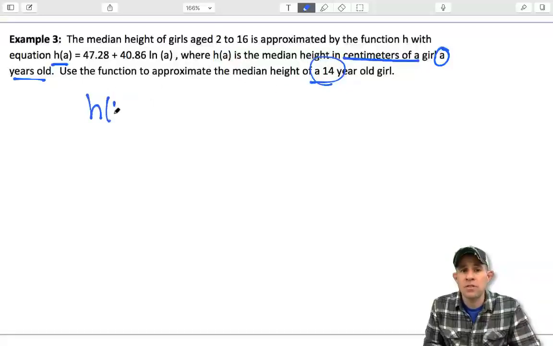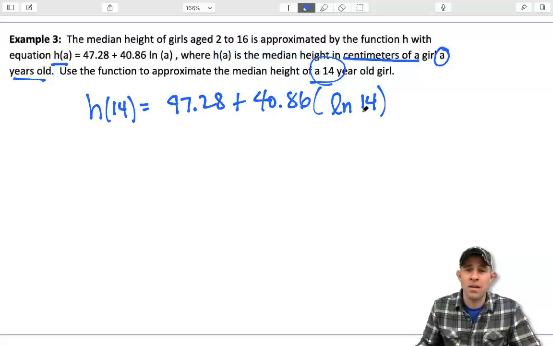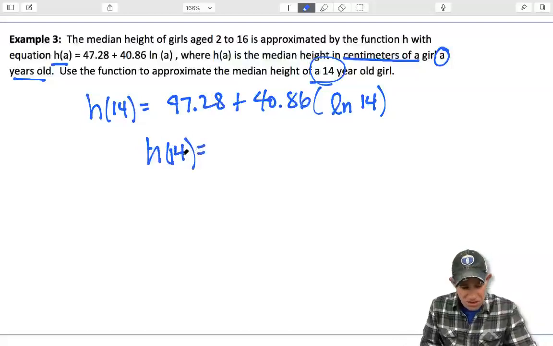So let's take h of 14, and this is equal to 47.28 plus 40.86 times the natural log of 14. I'm speeding through this too quickly. This should be times the natural log of 14. All right, let's punch that back into our calculators. And when we do so, we get h of 14 should be equal to